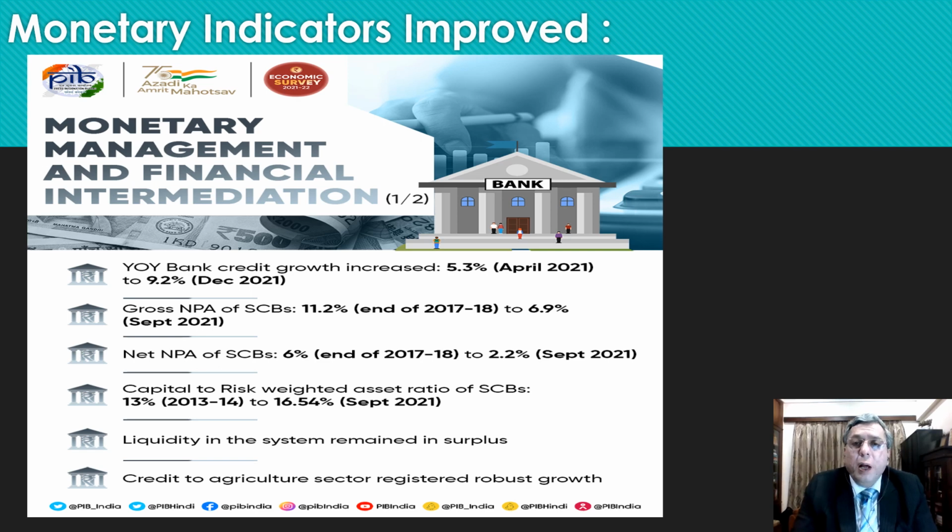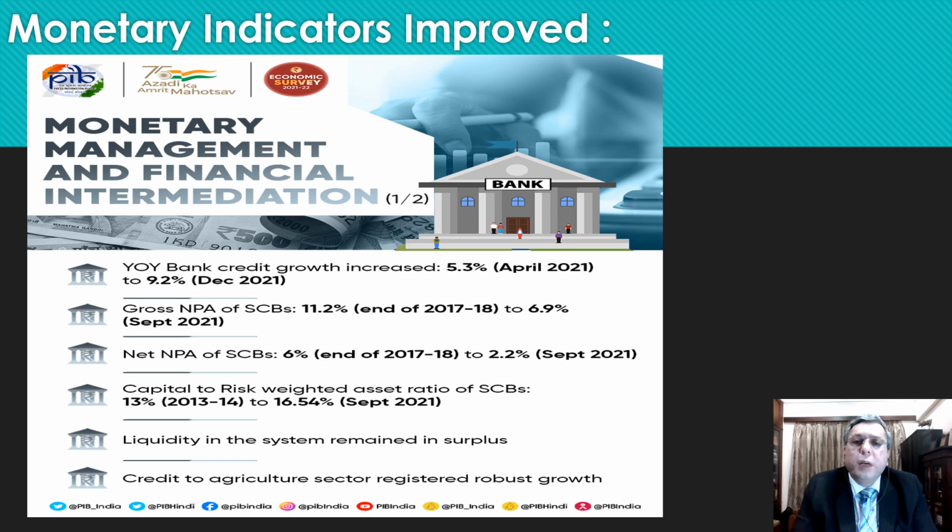So the twin balance sheet problem of India, where corporates were highly leveraged and banks had very huge bad loans, has been largely resolved over the last 5 to 6 years. And despite the COVID, this is very good that NPAs are coming down. It's showing companies have been able to deleverage, and companies through cost cuts have been bringing down their leverage overall.